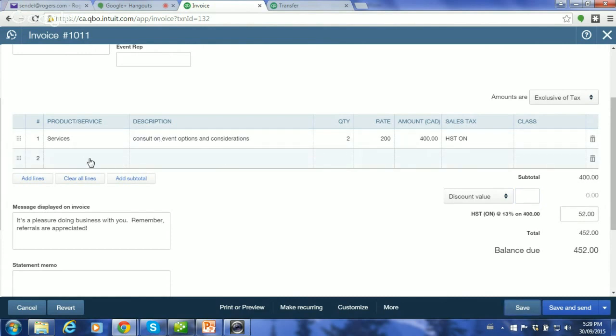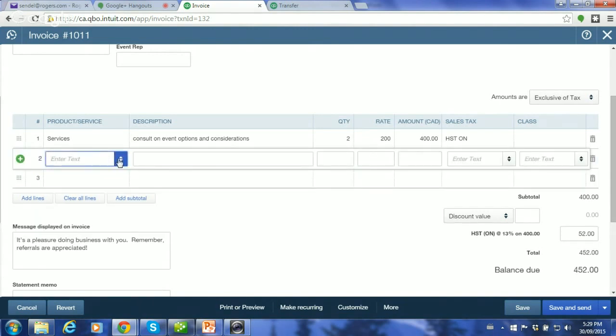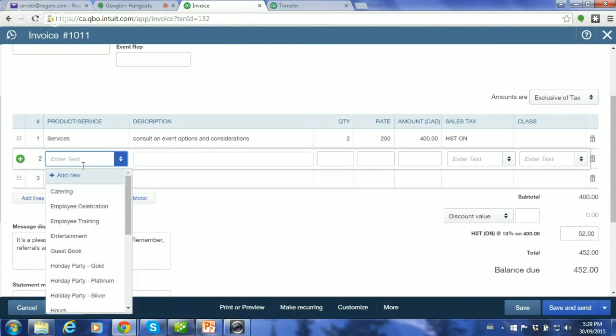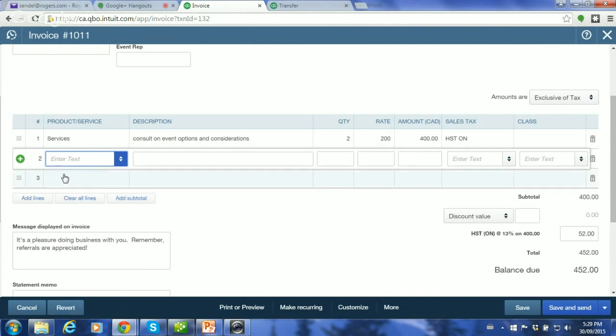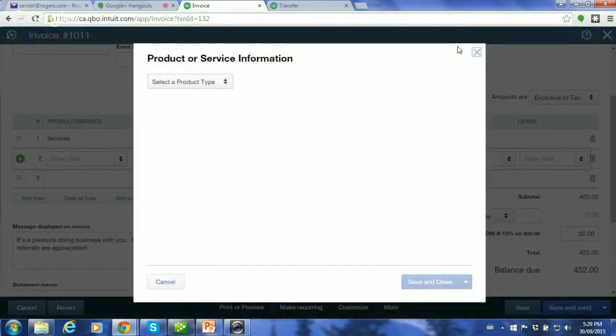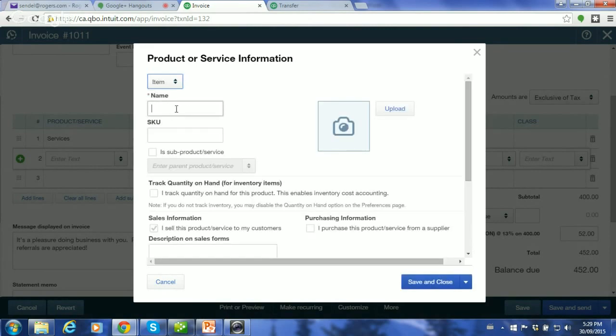You could add another line item right here, and I didn't put it in there ahead of time. I don't think so. No, we don't have it. Okay, so we're going to add a new line item. And of course, you can go to product and service and add it beforehand, but we can always do it right from any invoice or whatever. We'll call it an item. We're going to call this discounts and clearing fees, or you can name it whatever makes sense to you.